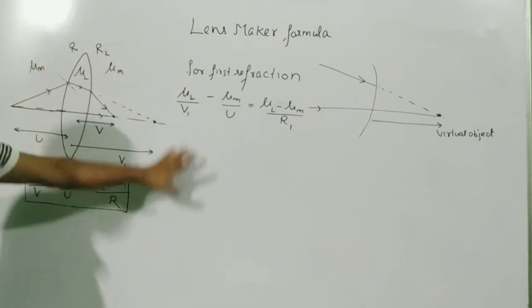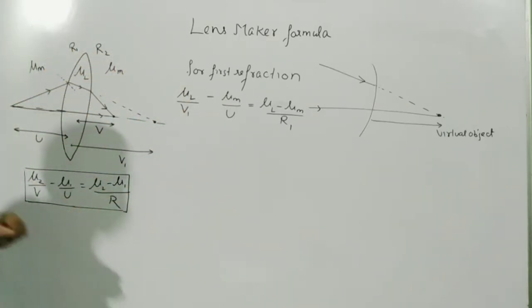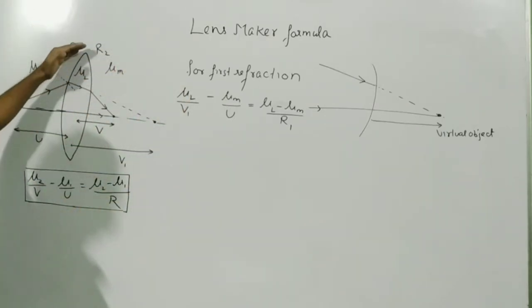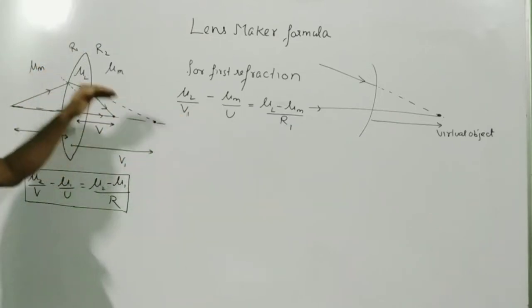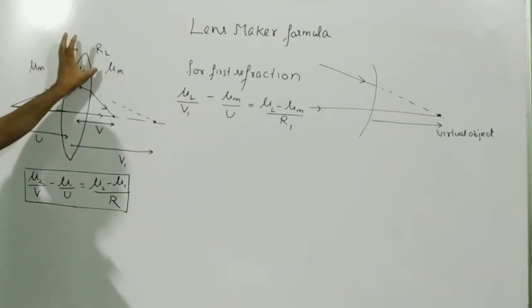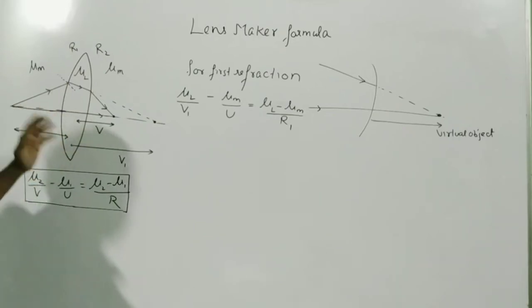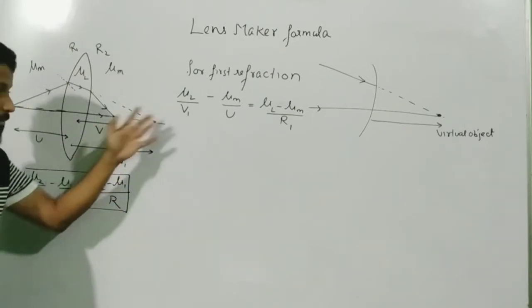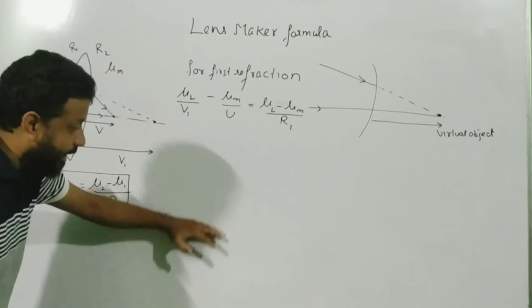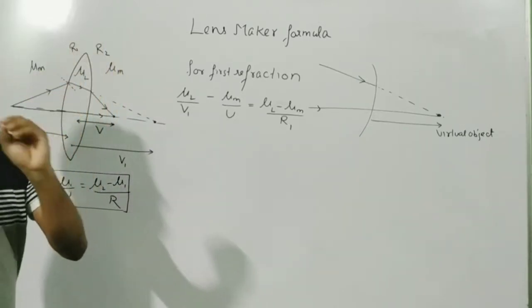You can do the entire equation without the diagram also. Now you may say that for this curvature it is positive, so for this lens u should be negative. I agree, u is negative. But we are not going to use it. We are going to derive the entire thing just using distance.